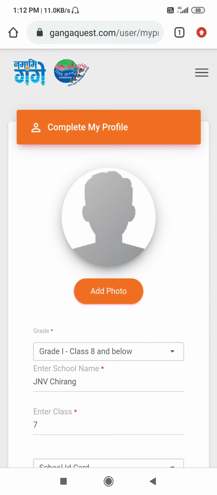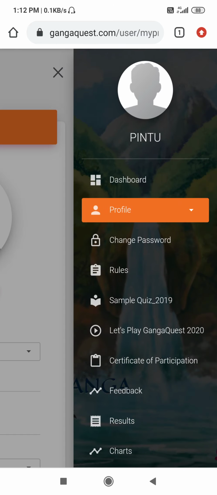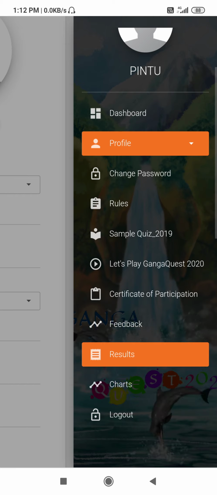After that, you have to click again on the topmost right corner, three lines. This screen will appear. Here are dashboard, profile, change password, rules, sample quiz, let's play Ganga quiz, certificate of participation, feedback, result, and logout option.